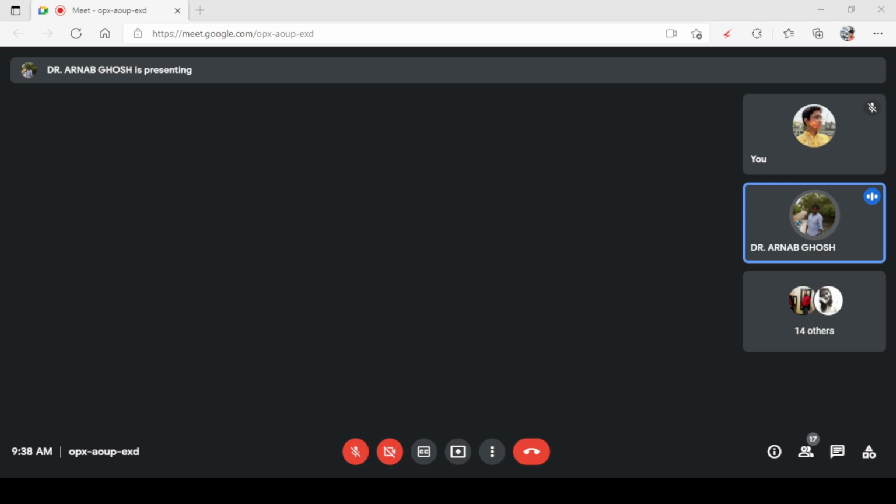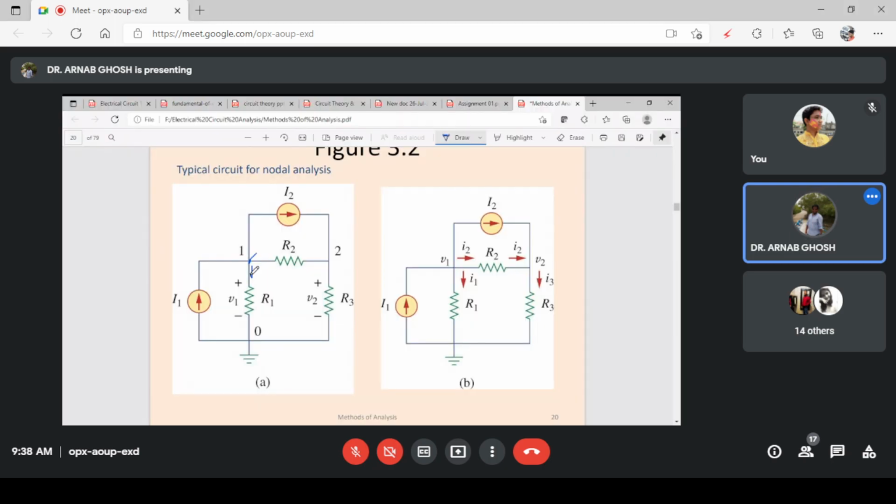Here you will have one current flowing through this and one current flowing through this, and you have already a branch current in this direction that is equal to I2. So you see, you are having three currents here. Similarly, you are also having three currents in this V2 node. So what we will do, we will individually calculate the currents and sum them. Then the sum of the leaving current will be equal to the entering current.